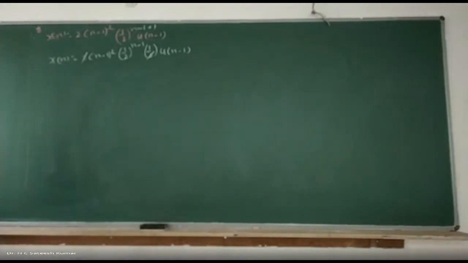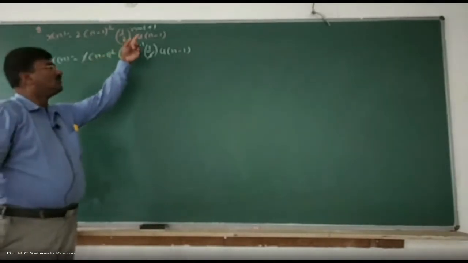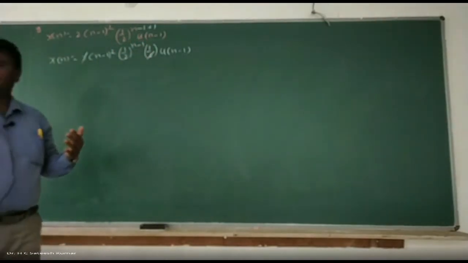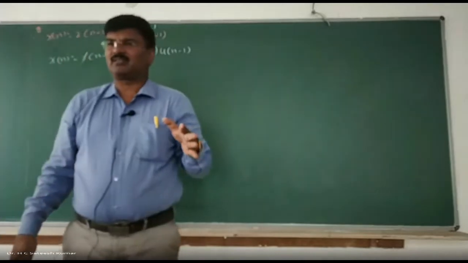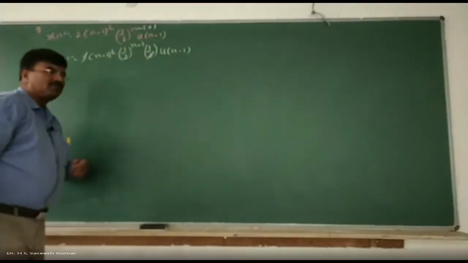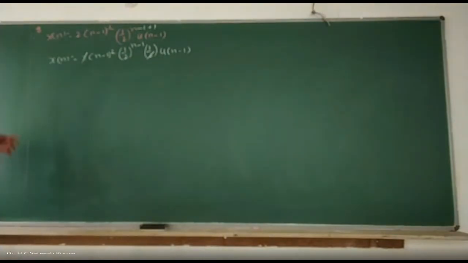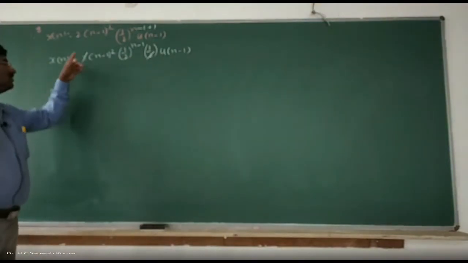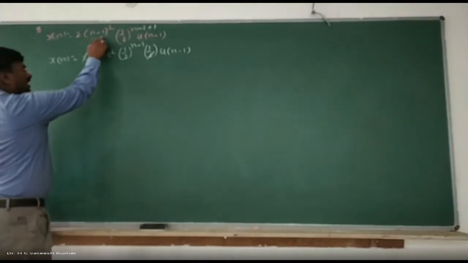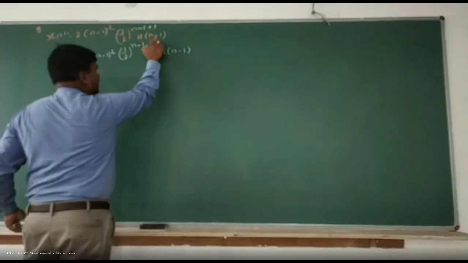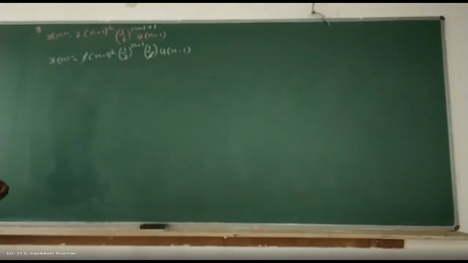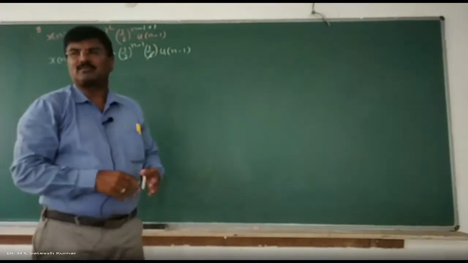The key point in this problem is this one. If you are able to do the modification such that you can go for substitution, such things are very, very important. So what I suggest is, remember the key point. Unless you do it once, sir, how do I know that we should do it this way? That is only by practicing. See, by mere observation, what do we have? n minus 1 is there, n is there, n minus 1 is there. Is it possible to make n minus 1? You check that out. If you are able to do that, the rest is very simple.